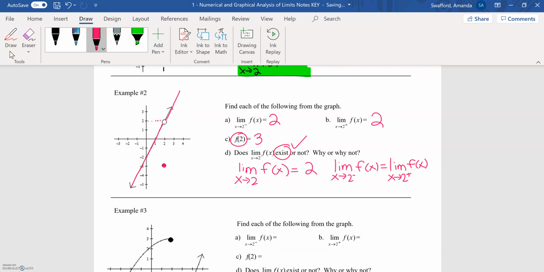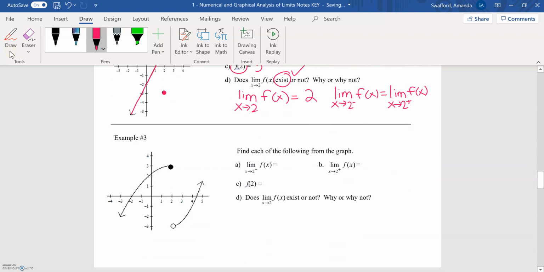Okay, one more example here. This time we're still approaching 2, but a different graph. As I approach 2 from the left, I'm going to trace my graph, and it looks like I'm trying to get to a y value of 3. As I approach 2 from the right, looks like my y value is negative 3. So I would say that the limit as x approaches 2 for f of x does not exist,